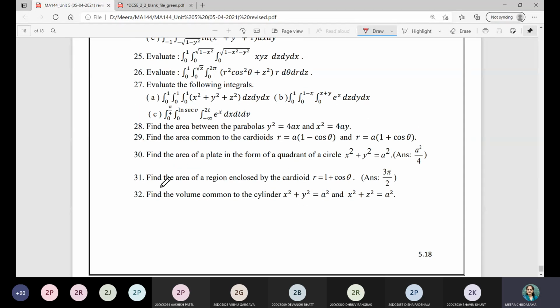Let us consider now one more example in which your geometrical visualization has to be there. This is what we have considered in the last class. So I am talking about this one. Find the volume common to the cylinders x square plus y square is equal to a square, and x square plus z square is equal to a square. Two cylinders are given, both are centered at the origin, right? One is with respect to the x and y axes, one is with respect to the x and z axes, with the same radius a. So first draw the picture, how these cylinders will come in 3 dimensions, and imagine what will be the common region to these cylinders.